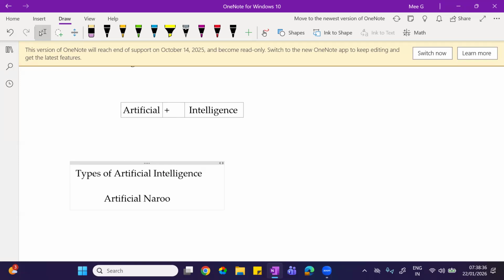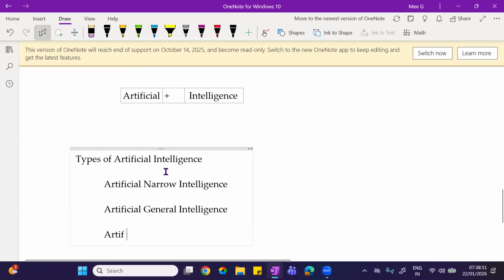The second one is called artificial general intelligence. The third one is called artificial super intelligence. Artificial narrow intelligence, artificial general intelligence, artificial super intelligence.